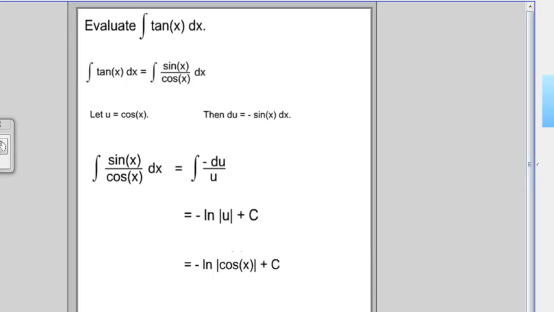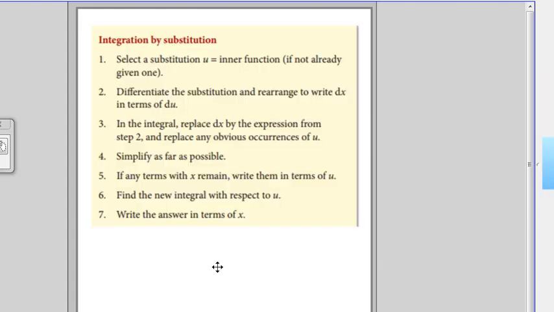So, summarizing what we have done so far. Select an integral